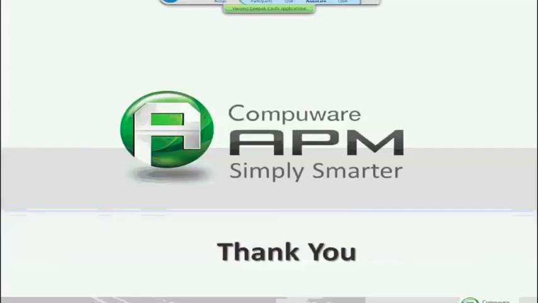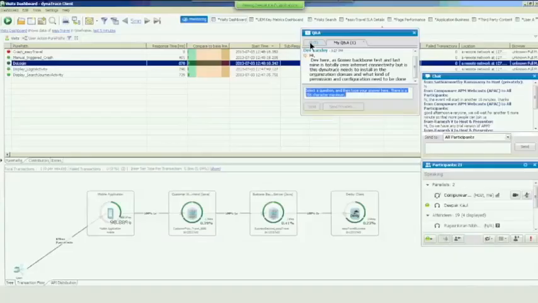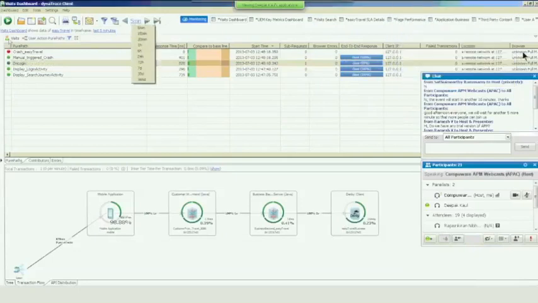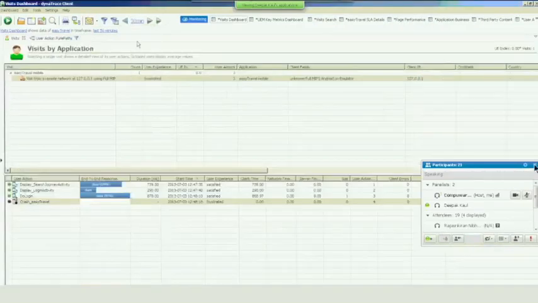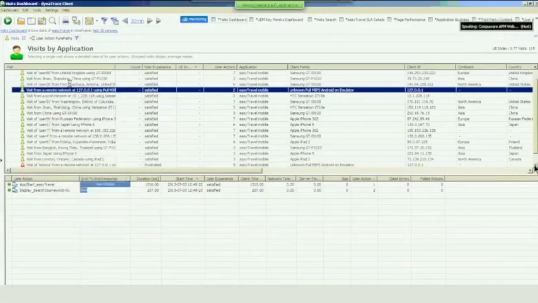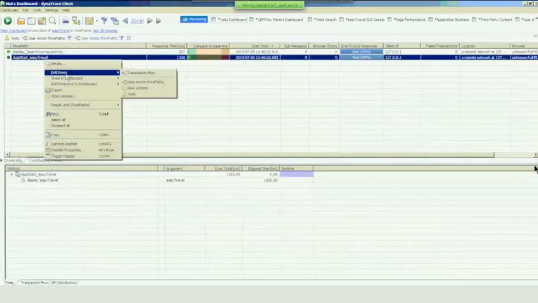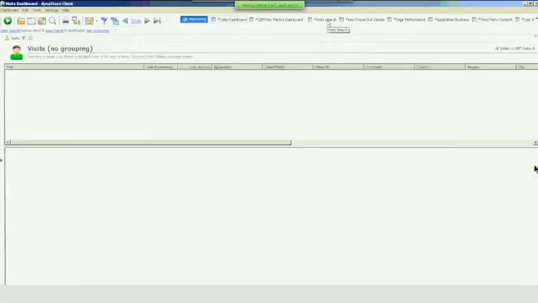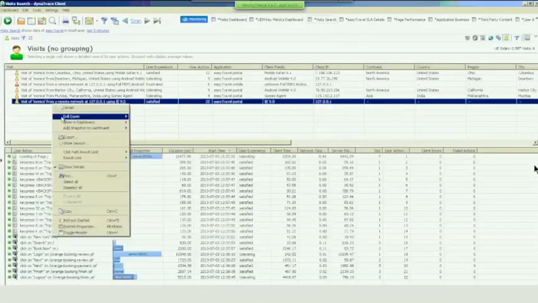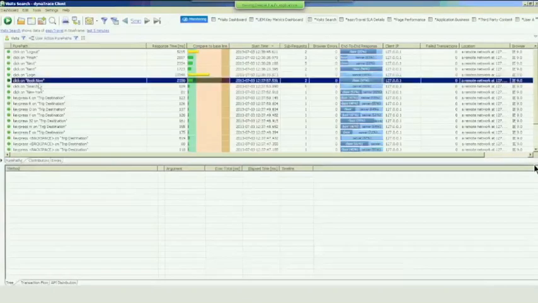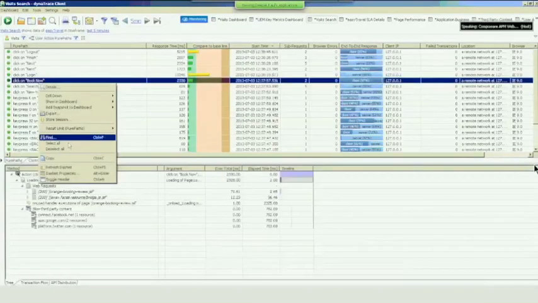Apart from that, if you recall, I just presented one sequence diagram where I was looking at the user who has performed that action.